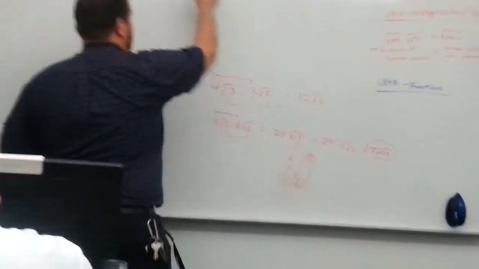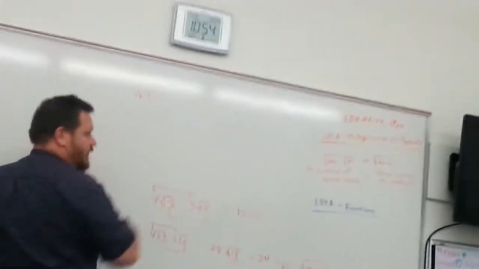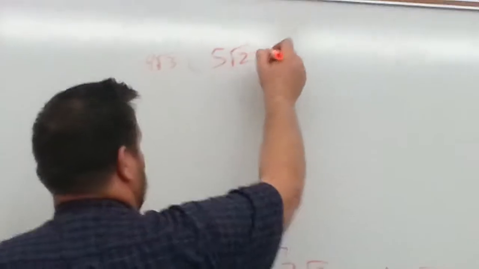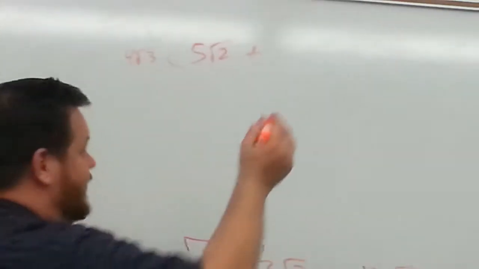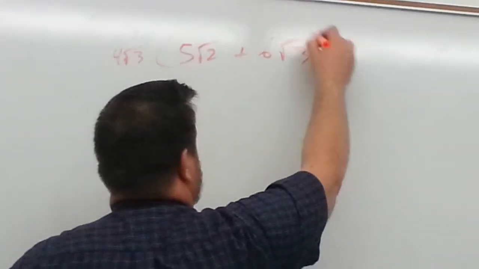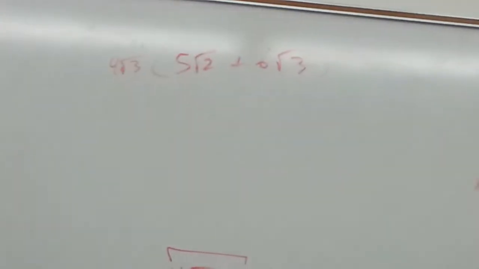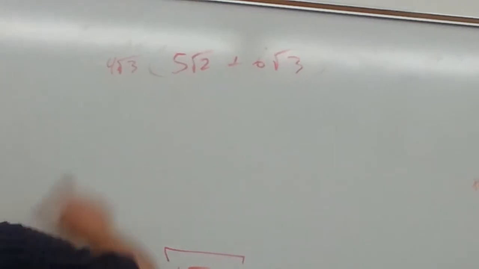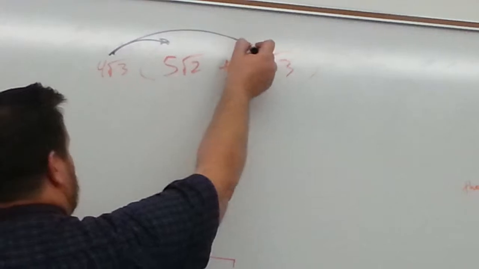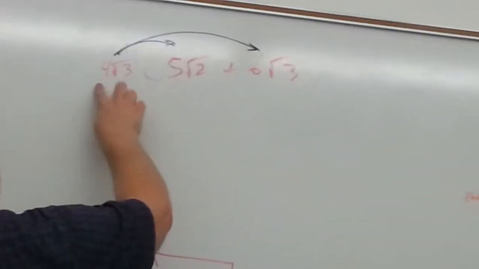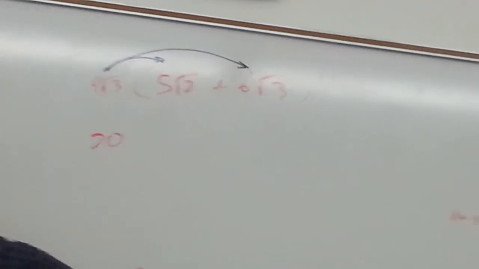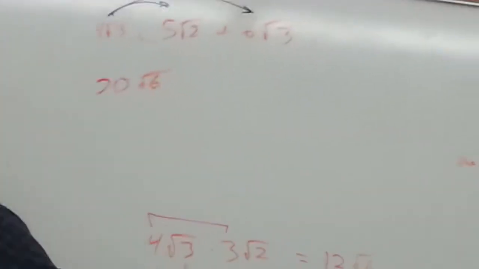Let's say we've got 4 rad 3 times, in parentheses, 5 rad 2 plus 6 rad 3. Well, what do you gotta do? Anytime we're multiplying something by parentheses, we need to distribute. So 4 rad 3 times 5 rad 2 is 20 rad 6. Plus